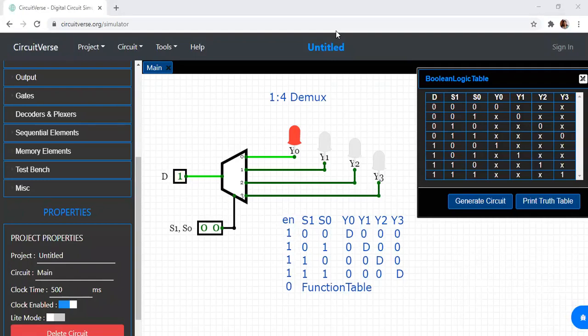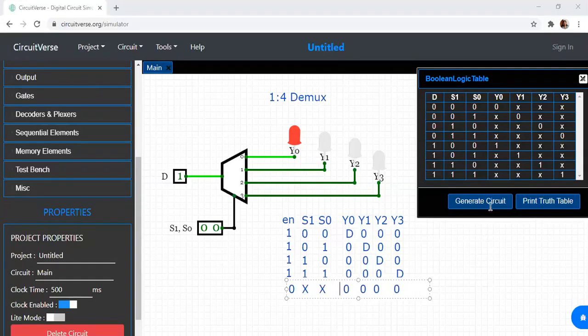When enable is 0, irrespective of your select line, the output can be made Z, or it can be left floating, or you can take X, whatever is useful for you. When enable is 0, our device will not work. Whatever may be the combination of select lines, we will not get an output. This is what it means. So this is a 1:4 demux.